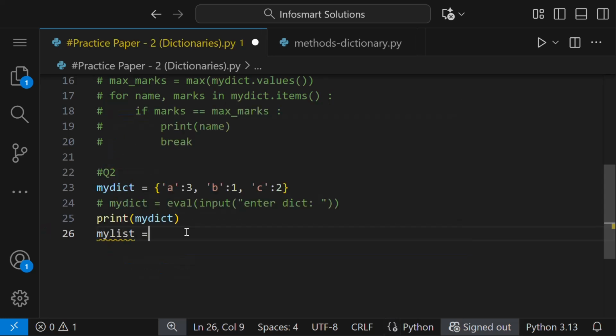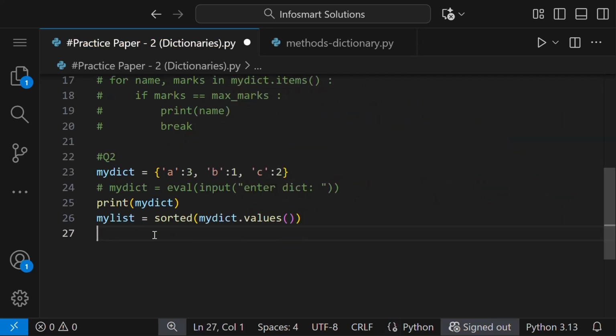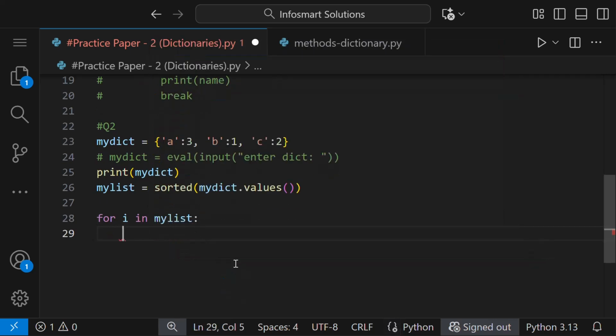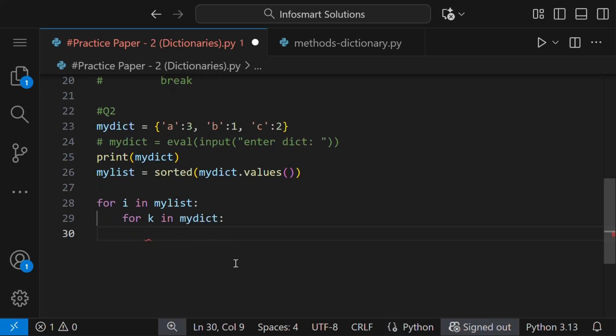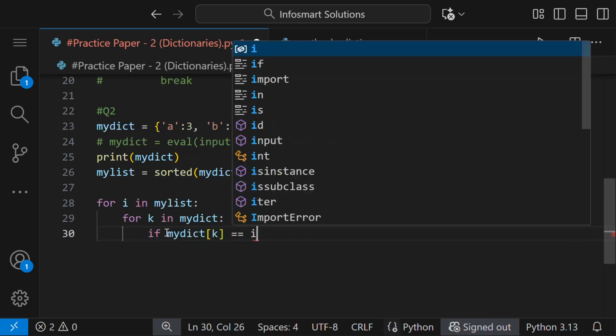So first let us create a list, mylist, which is equal to mydict.values. So instead of sorting in the next line, we can even sort it here by writing sorted like this. And the next thing is we need to run over the elements in mylist. So for i in mylist and also in the dictionary, so for k in mydict. If we see which key's value is i, we'll compare that, and according to that only we'll sort it. So if mydict value with key k is compared with i,